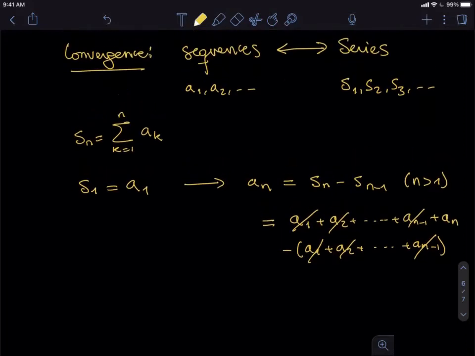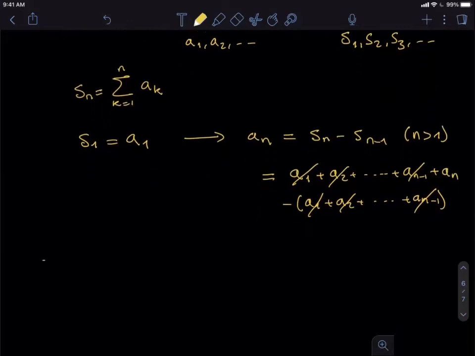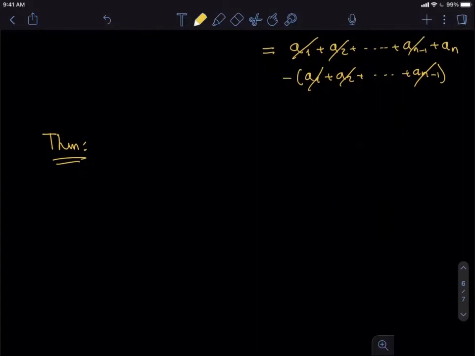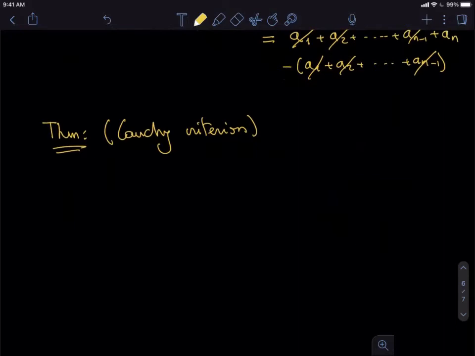What does this mean? This means that every theorem that we learned for sequences, we can apply it to series too. For example, the Cauchy criterion, okay? This one is basically the same Cauchy convergence that we saw for sequences. We have that